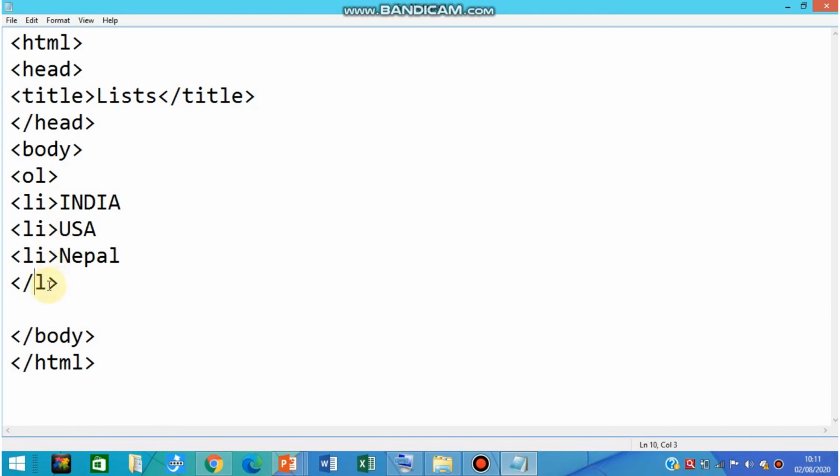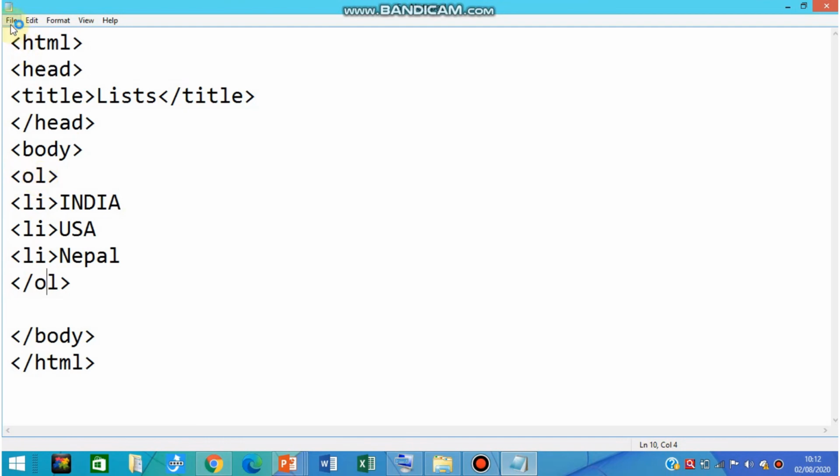To mention the order of the list you have to use the OL tag. The whole content of the list you have to mention using the LI tag, and overall all the contents you have to mention inside the OL tag. Same thing which we have done with the unordered list.